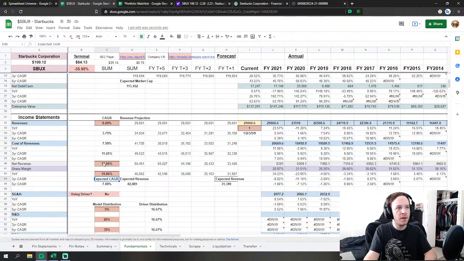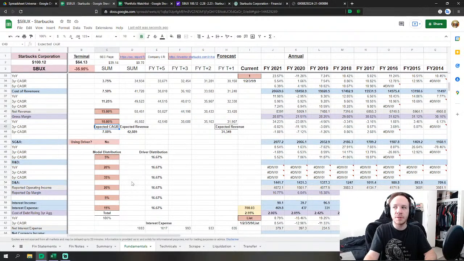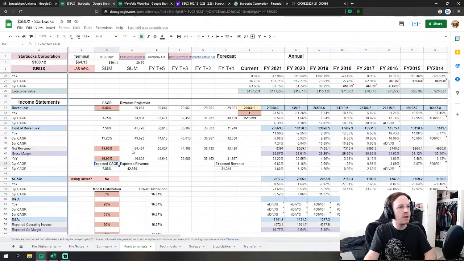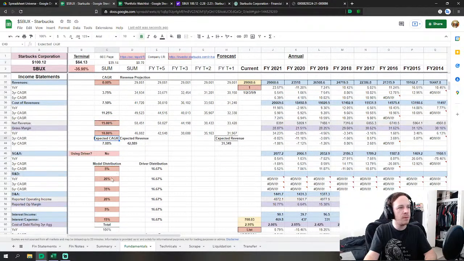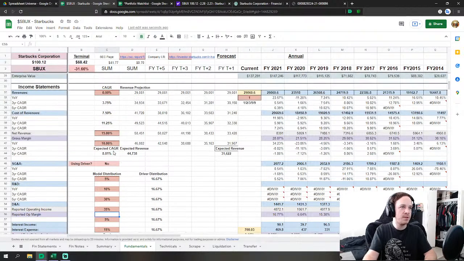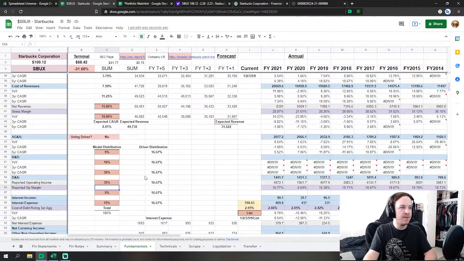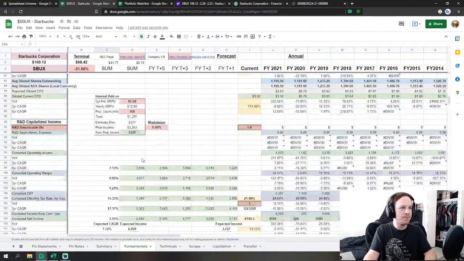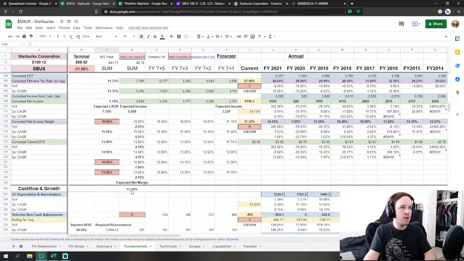You could argue it could be higher, but again, like I said, we're going to shift the probabilities around a little bit, so we'll probably tilt it a little bit more towards the optimistic end. Let's see what tilting pretty heavily towards the optimistic end looks like. That brings the expected value to 8.81%. But then where does that leave everything else is the real question. That leaves our expected net margin around 13%,